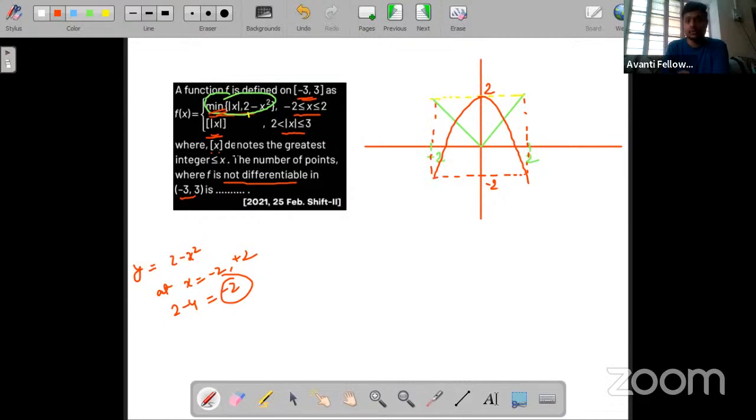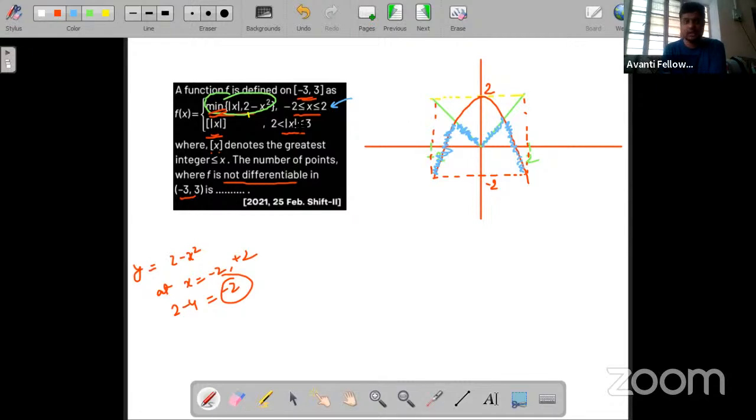Now we have to find out the minimum value. Minimum value means whichever graph is below is the minimum. Okay, so in these two sections, what is the minimum graph? The minimum graph is the red one, so this one. Then here the minimum graph is the green color graph. Again the minimum graph is the green color graph, and here the red color graph is the minimum graph. So this is my required function for x belonging to -2 to 2.